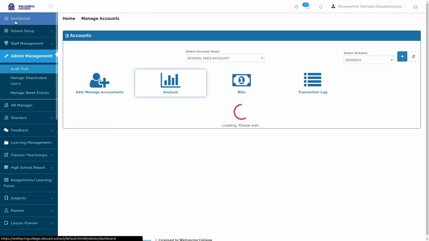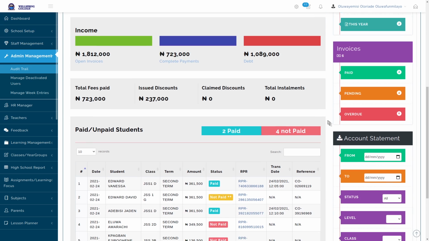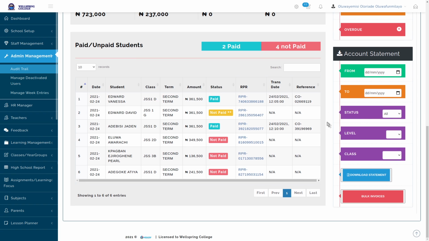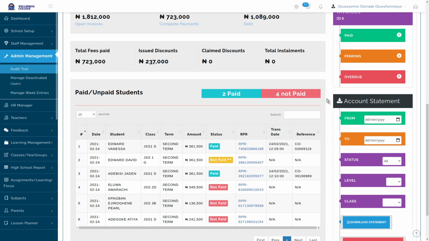Okay, yeah, still on the bill. Yes, please, two questions. One, usually what we do before bills are published, when they are generated, they are prepared and all that. There's supposed to be a checking, a vetting, and approval process before it is published. And two, because I know all this is online and it's all good,